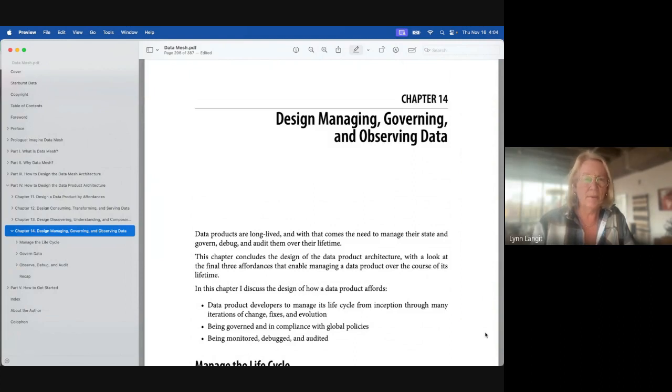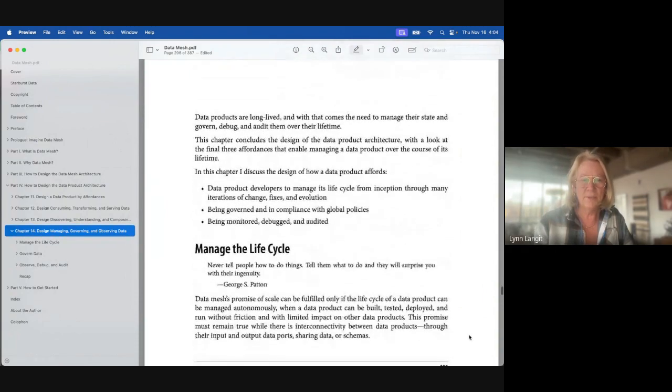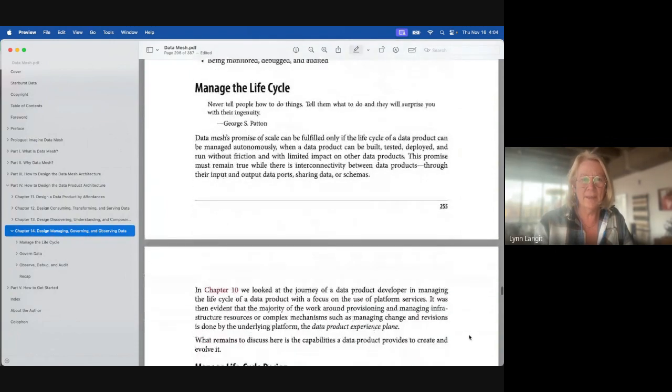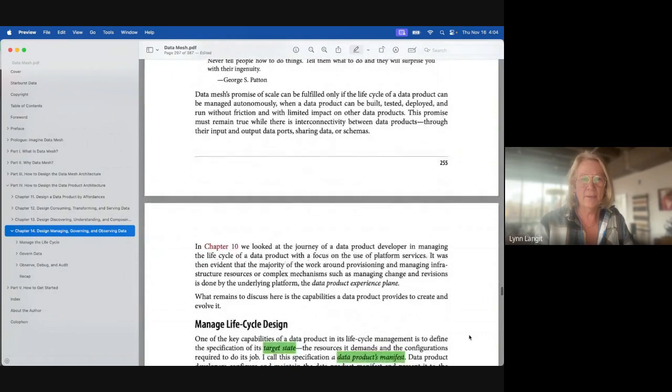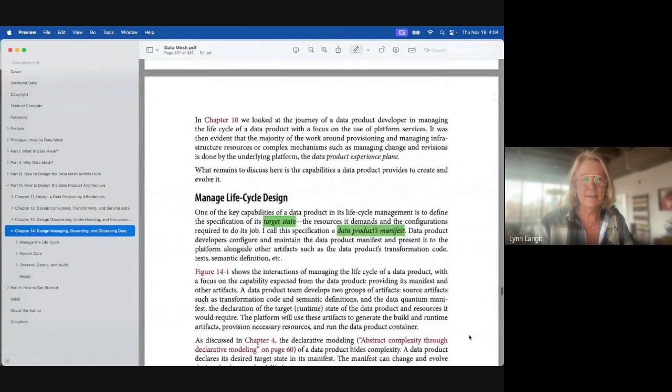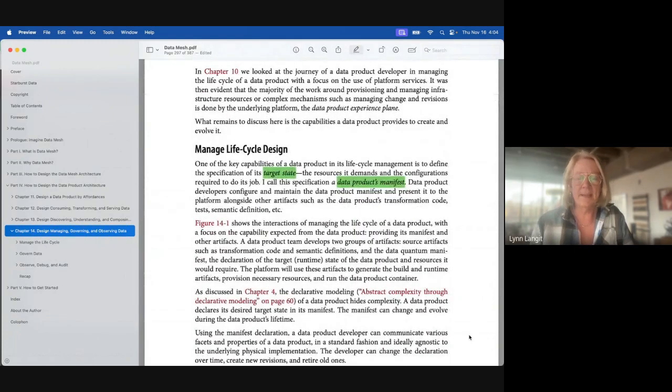And as we're all moving along in our journey towards building these data products and data meshes, because I think all of us are now at least exploring, and some of us are even POCing, this is the real world here, right? So the first thing is the life cycle, and the idea is the target state of the data. And I'll step up first, because this is always front of my bioinformatics customers.